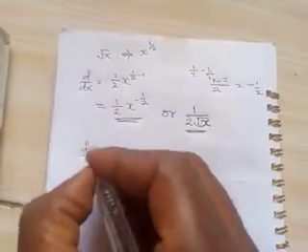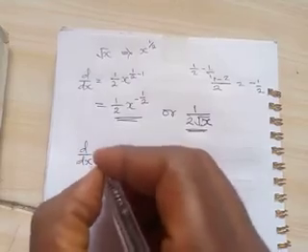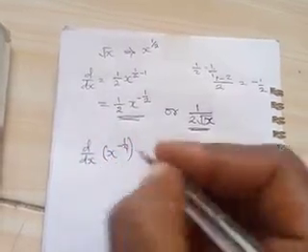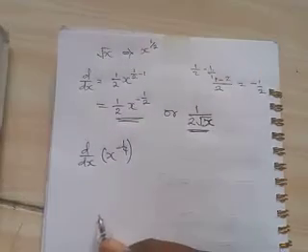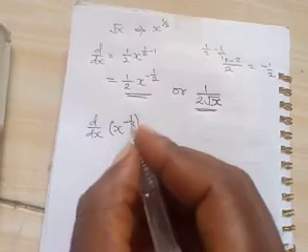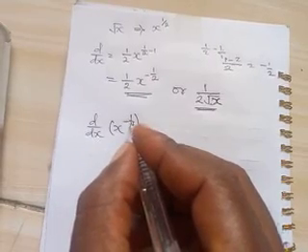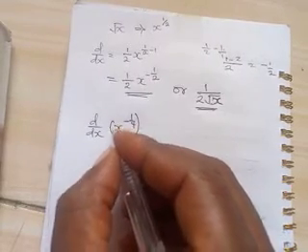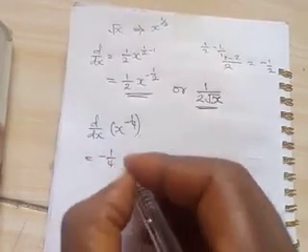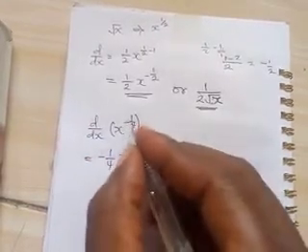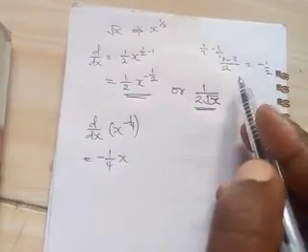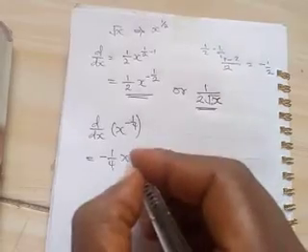Okay, let's look at this. Find dy dx of x raised to power minus 1 over 4. You can pause the video and try this. Now for us to solve this, you have negative 1 over 4 times 1 that is here will give you negative 1 over 4 x. Negative 1 over 4 minus 1. According to how we resolved here, you can still do that. And when you do that, you get negative